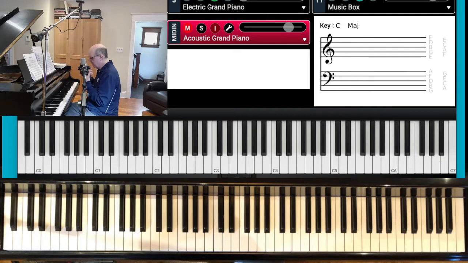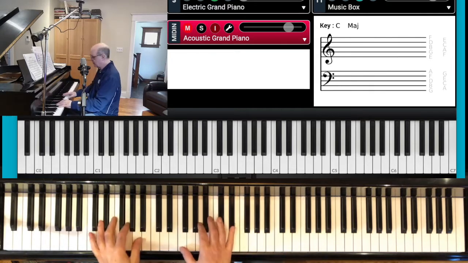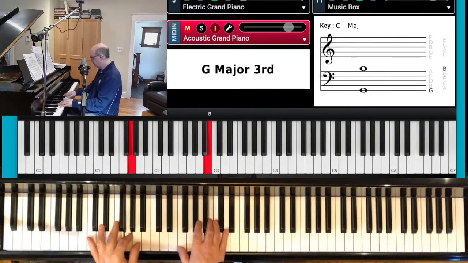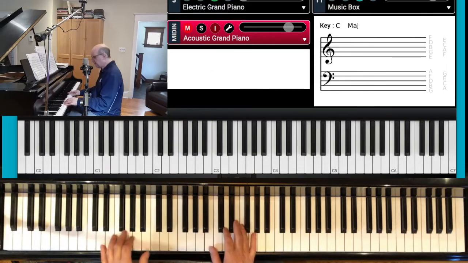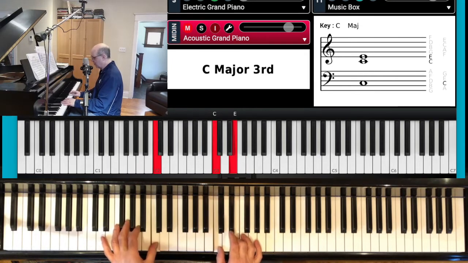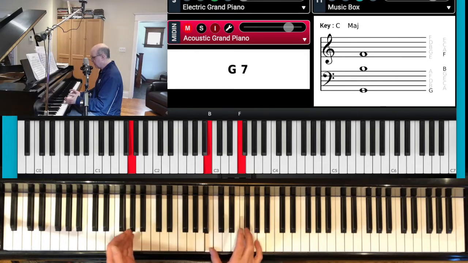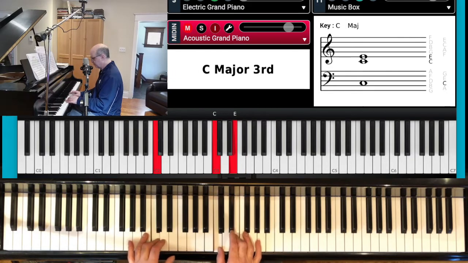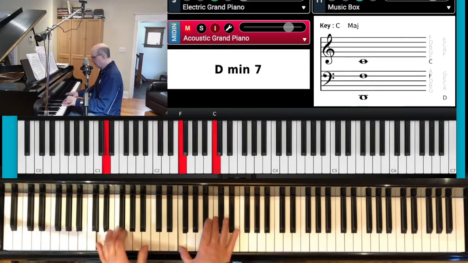The first thing is, let's think about exactly how a 5-1 resolves in the key of C, and that is this. The 7th and 3rd contract or expand depending on the inversion to the 3rd and 1st of the tonic chord. So B and F go like this or like this,